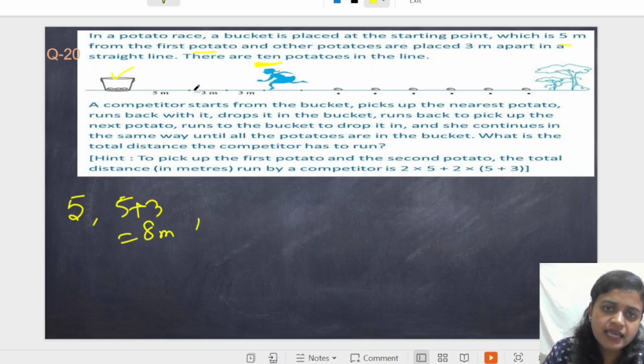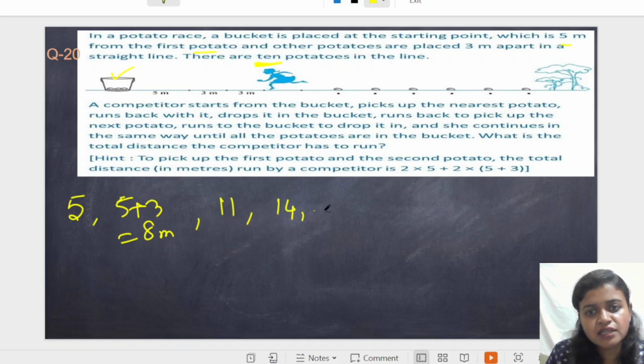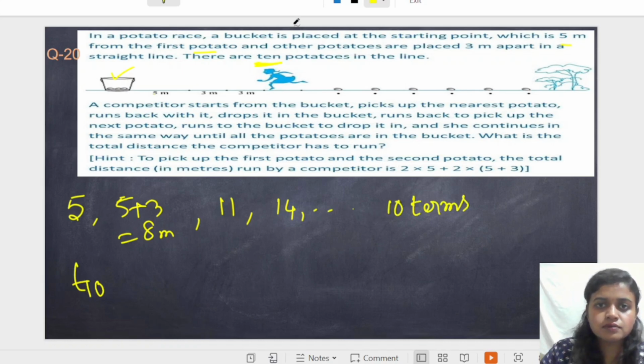Next, 8, this 8 has to be run anyway. After that, an extra 3 meters has to be run. So 8 plus 3 is 11. Then 11 plus 3 means 14, and so on up to 10 terms. Okay, so total distance equals to